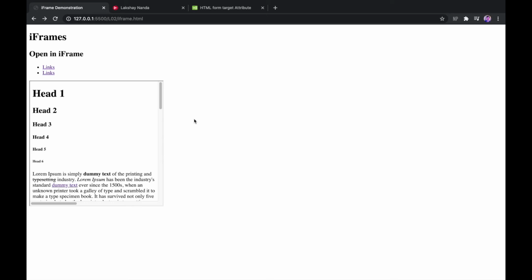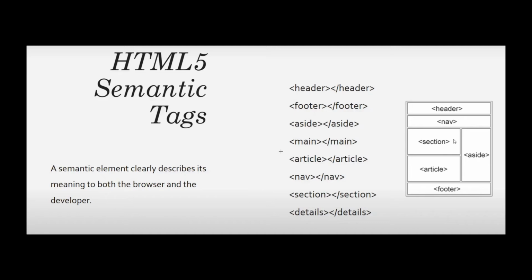Now what we would be discussing is the semantic tags for HTML5. These were some of the additions to HTML5. These are mostly used inside the body tag itself. The header tag is basically used to add your logos and everything, and a slight information about your company. Footer is used to add copyrights and when it was developed and by whom. Aside is used to provide you with categories.